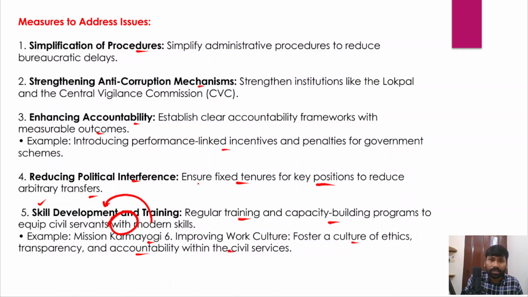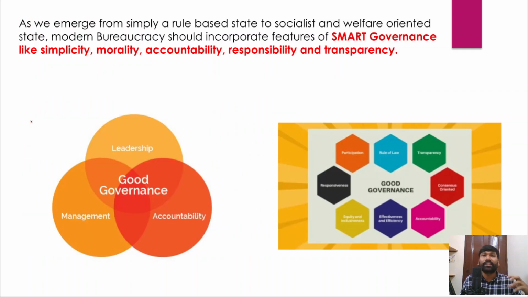And apart from that, implementation of the Right to Information Act ensures transparency and accountability. And we could also emphasize e-governance, citizens charter, social audit, right? So all these things ensure more and more transparency and accountability, but these measures have to be taken in letter and spirit, so that they protect the independence and impartial functioning of the civil services.